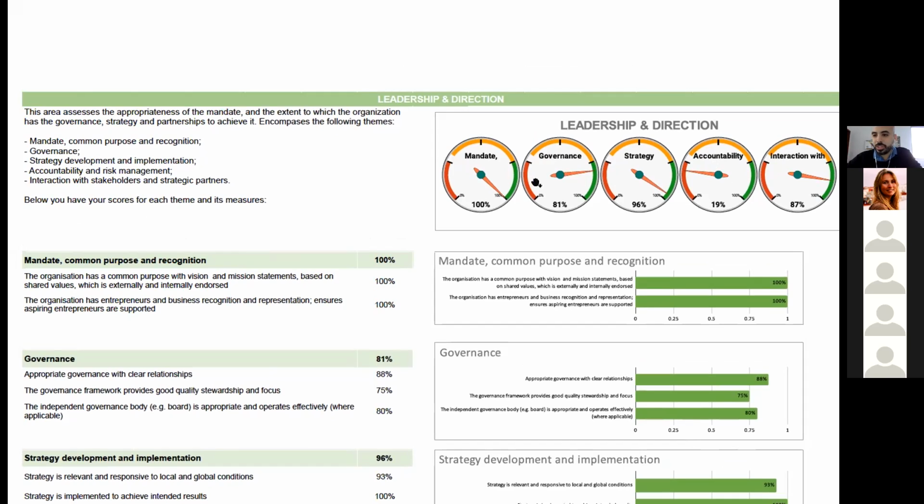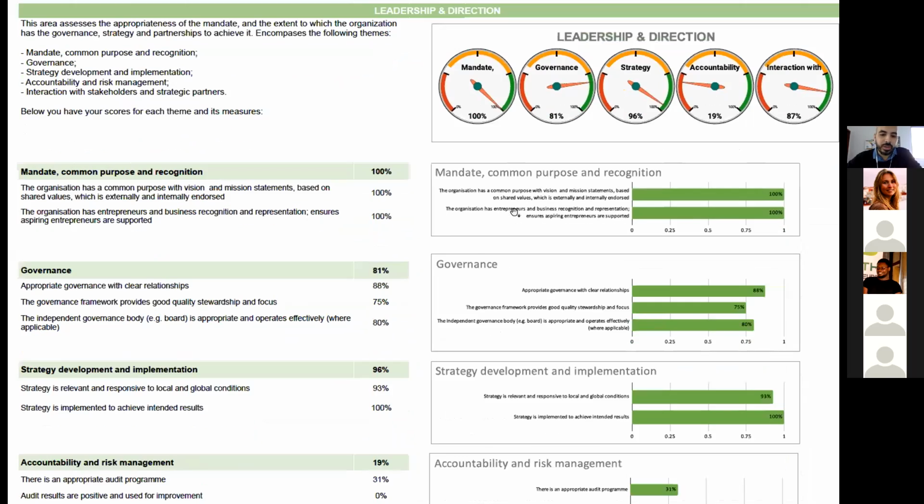On these gauge graphs, you can see how well your organization is doing for each of the themes within leadership and direction, for example, mandate, common purpose, and recognition. This is something very strong for my organization. But as you can see, we are lagging here on accountability.